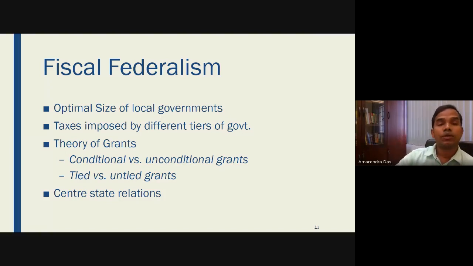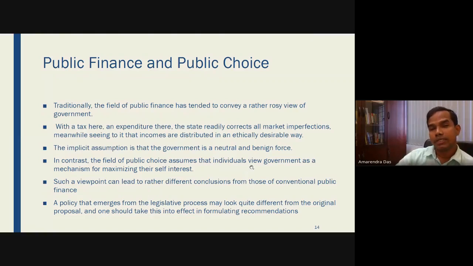And then comes the theory of public choice. Public choice goes beyond taxation and expenditure, because traditionally we discuss that government is a benevolent entity. That's why all the time we say no one but government can do it. Whenever there is a crisis, we always argue that government should do this. So we always give a rosy picture of the government, but that is not true. In fact, there is a question about the role of the government: what should be the optimal size of the government, whether it should be too small or too big.